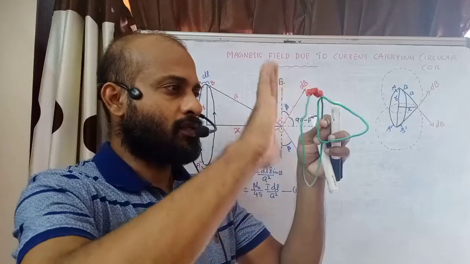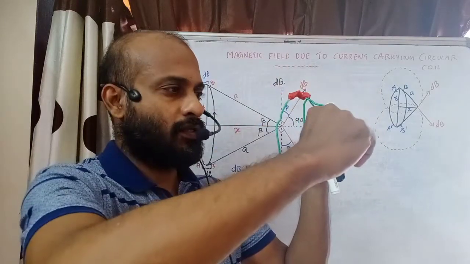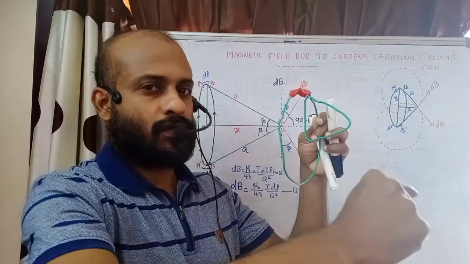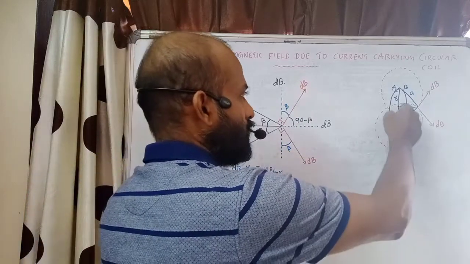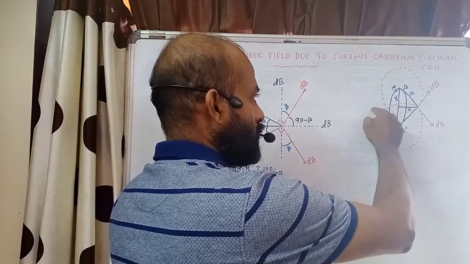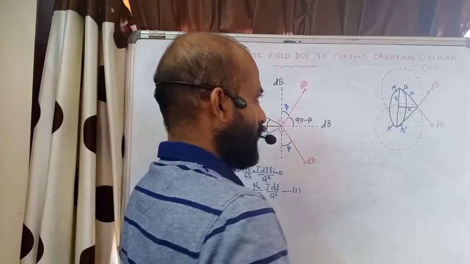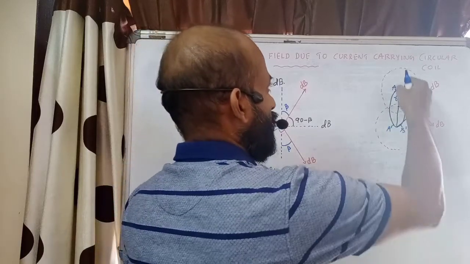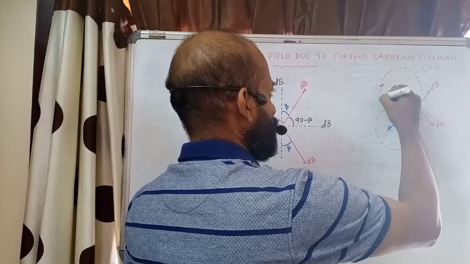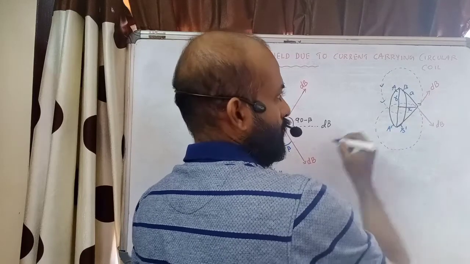I am placing my thumb like this. So the finger will go in this direction. So tangent is towards this direction. And here you can see this is the direction around this element. This is the direction of magnetic field. Okay. So what is the grasping direction here? Here this is the direction where we are grasping. That's why we are getting a tangent in this direction.